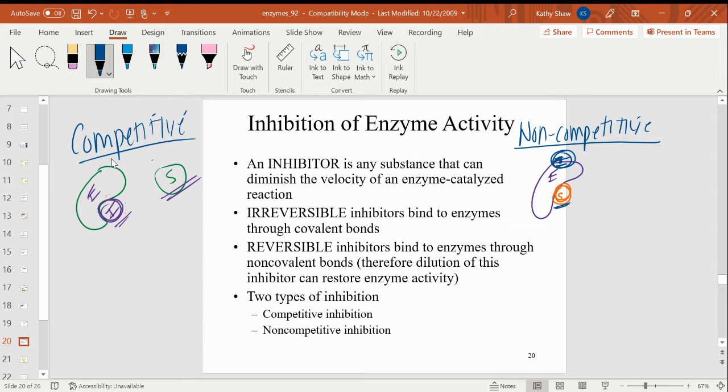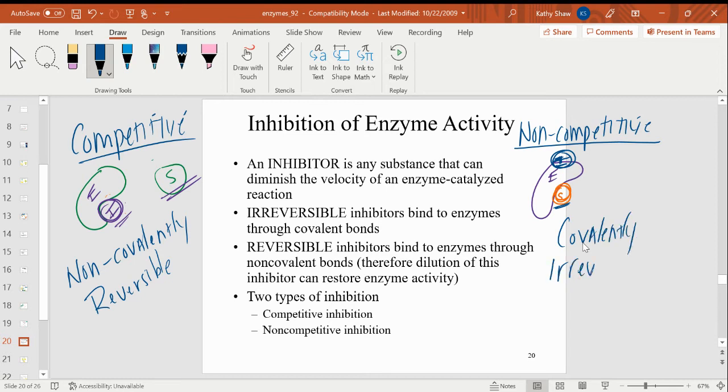When we're talking about competitive inhibition, the inhibitor will bind non-covalently. Non-covalent sounds kind of reversible, and it is. When I have a non-competitive inhibitor, it's going to bind covalently. Covalent sounds kind of irreversible